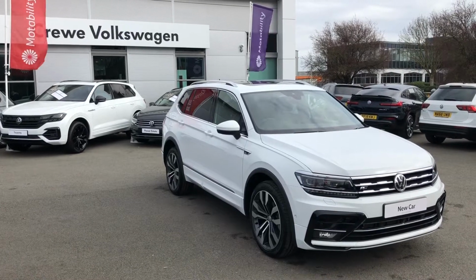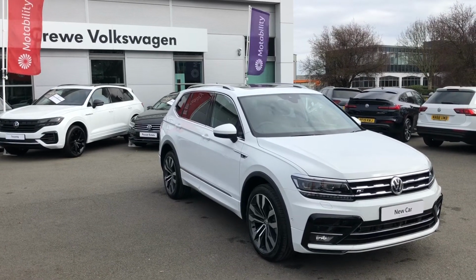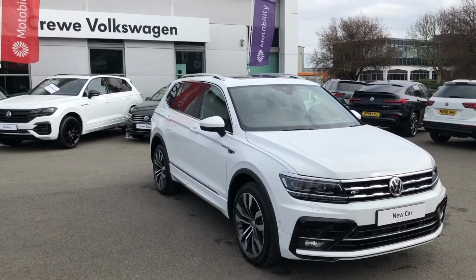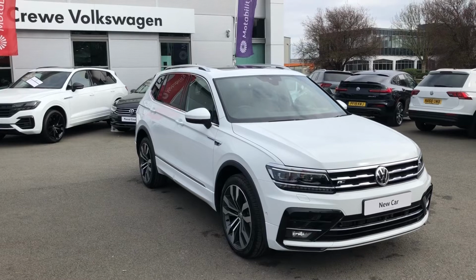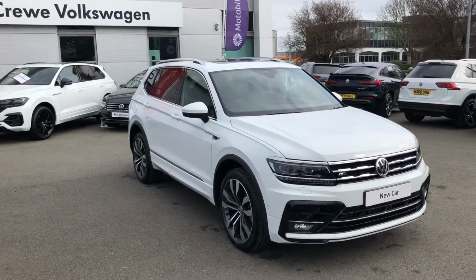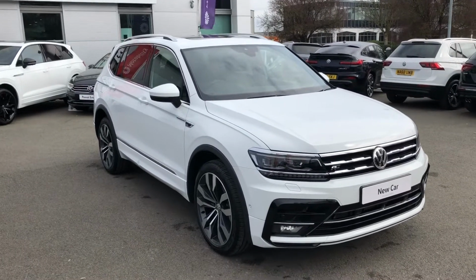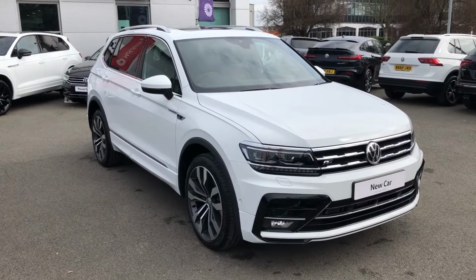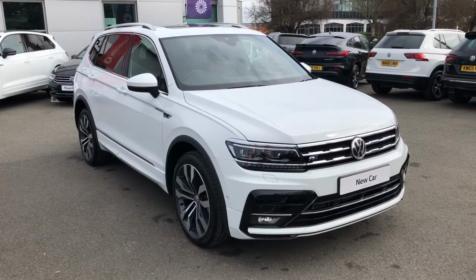Allow me to introduce to you the Volkswagen Tiguan Allspace. Now joining our new car stock here at Crewe Volkswagen dealership, this very practical and versatile 7-seater version of the Tiguan is an incredibly great car to anyone who's looking for that extra space. Maybe you've got a bigger family or you're just looking for that extra space next time you go down to